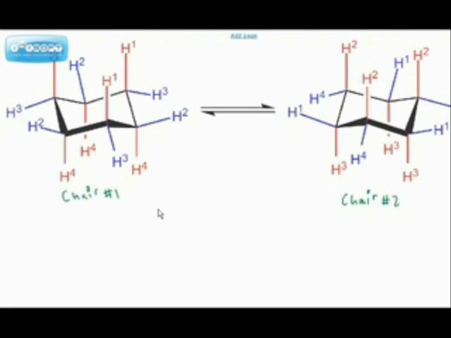Molecules are always moving about and are in perpetual motion, and since, as we've seen before, every carbon on a cyclohexane molecule is bonded to 2 other carbons, it can't freely rotate, like I said before, but it can move in ways that we call ring flipping. Cyclohexanes exhibit this phenomenon called ring flipping, in which, if we're looking at this leftmost cyclohexane chair, where each of the red hydrogens are pointing either up or down,